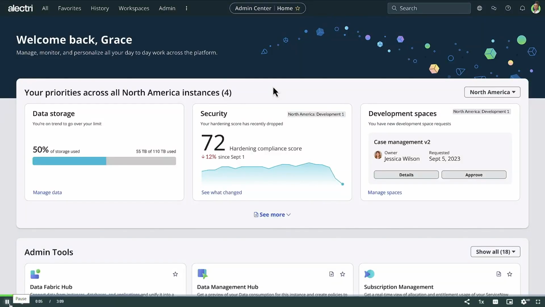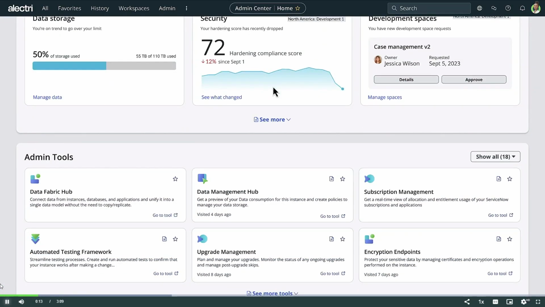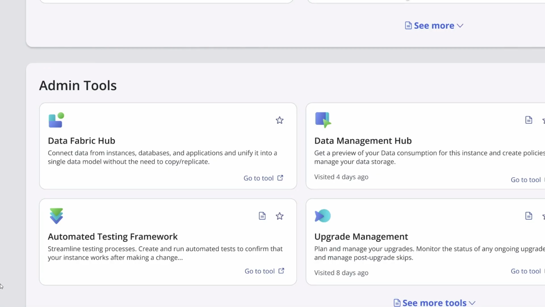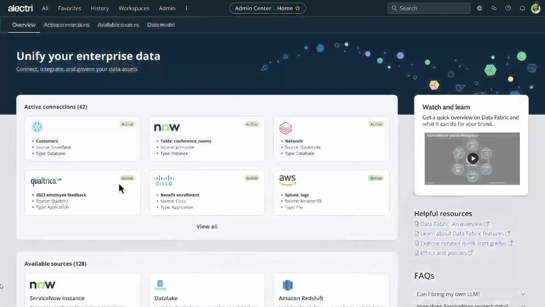Businesses are storing more data than ever before, but it's often trapped and siloed across hundreds of different systems. Workflow Data Fabric connects any system or data source directly into the ServiceNow platform, powering all your workflows and AI with real-time data. Let's see how. What you're seeing is Workflow Data Fabric in action for a large telecommunications company. Enterprises of this size have petabytes of data. To make smart decisions, they need to connect, understand, and act on this data, no matter where it resides. That's where Data Fabric comes in.